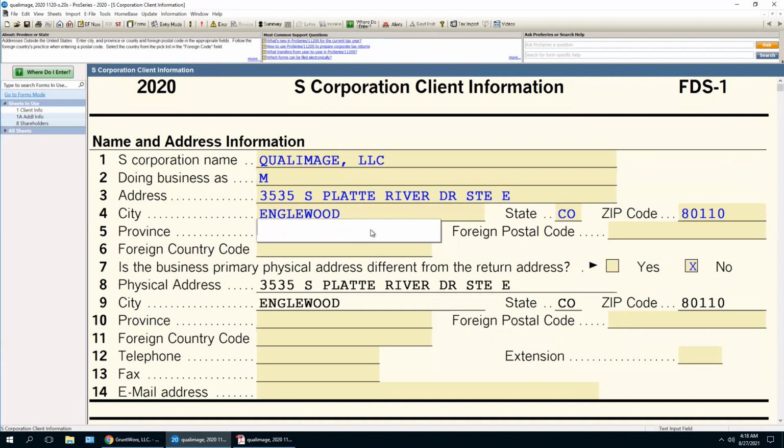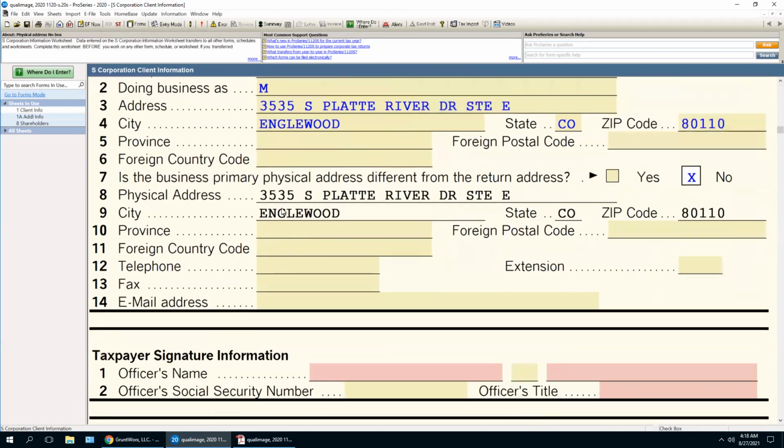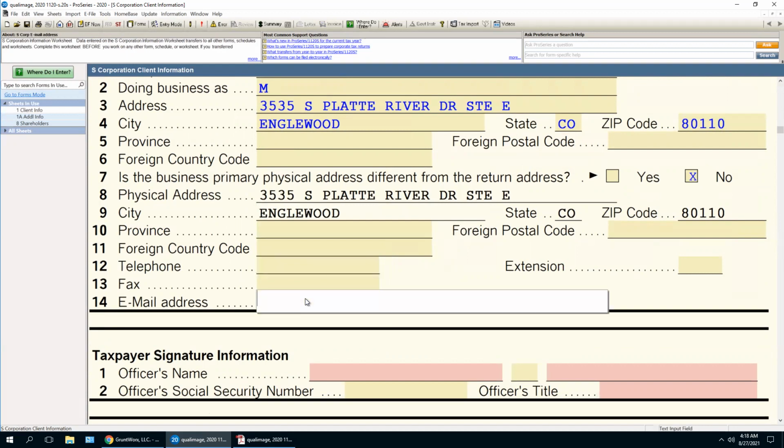So I would say that's the way to go in this instance. Oh, and Control A doesn't do Control All. It brings up the calculator. In fact, no, foreign postal code is not a foreign entity. It's just a regular Inglewood, Colorado address. And for the email address, let's say